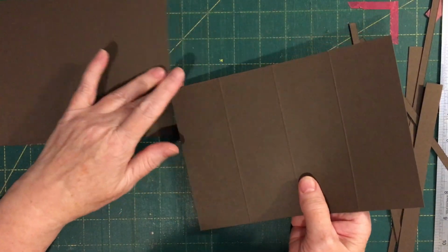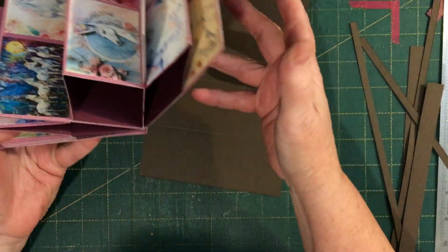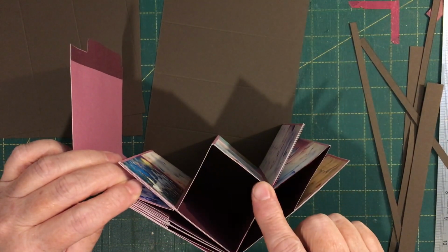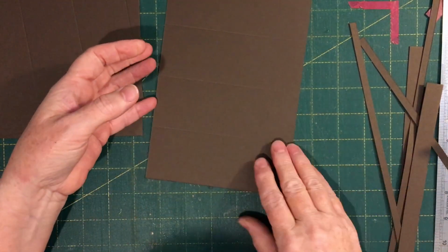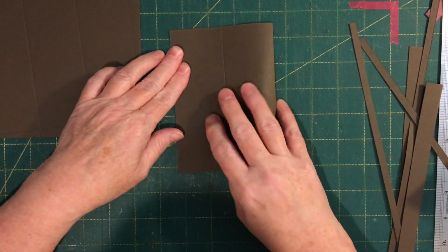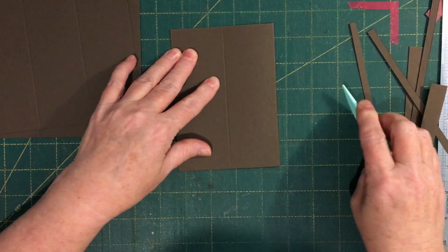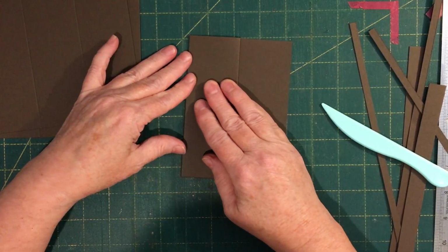Now to crease these, if I show you again on the sample, I want this W shape. And so I want the middle crease to be a mountain and the other 2 pieces to be a valley. So if I fold this middle piece first and just make sure I get that square on these ends, and then fold my 2 valley pieces up,